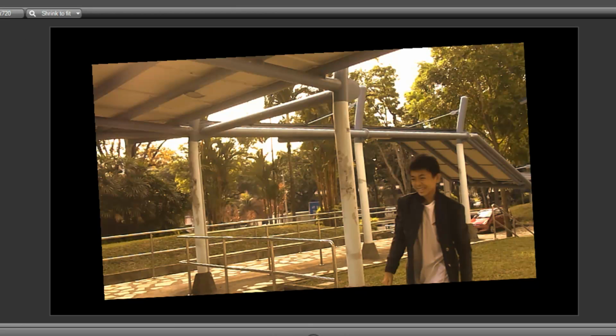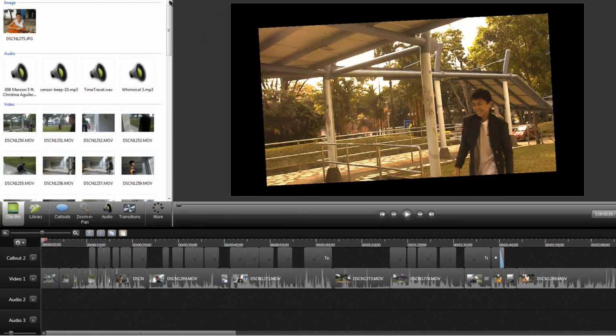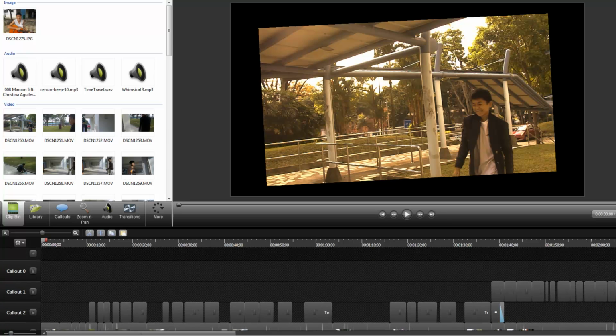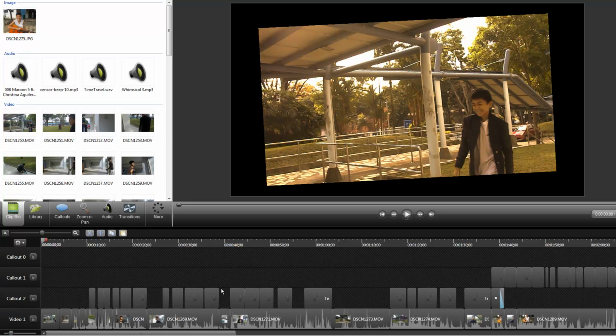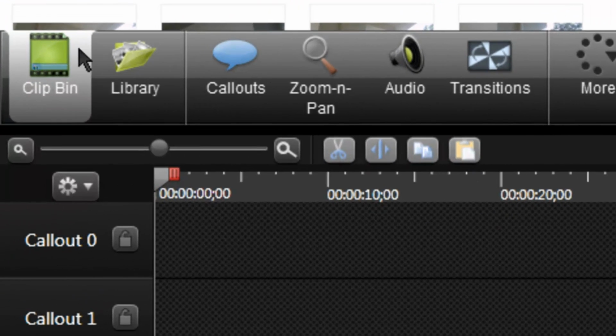Alright, so the first thing you notice when you open up Camtasia 8 would obviously be that the look has totally changed now. It's a really nice black, a more professional look, more professional glint to it. It's black instead of the white in Camtasia 7. Alright, the buttons still look the same: clip bin, library, callout, zoom and pan, audio and transition. Some of them have been a bit updated, like the clip bin now looks a bit nicer, I guess,